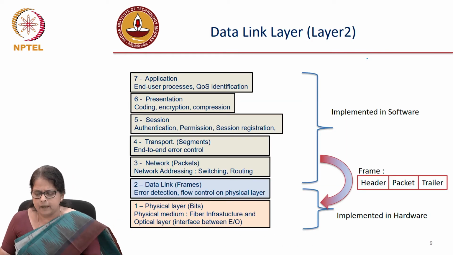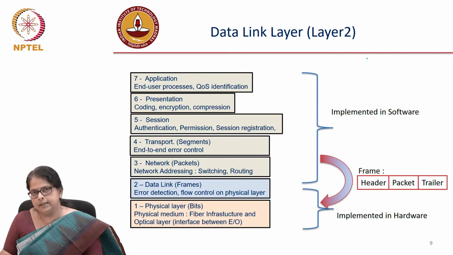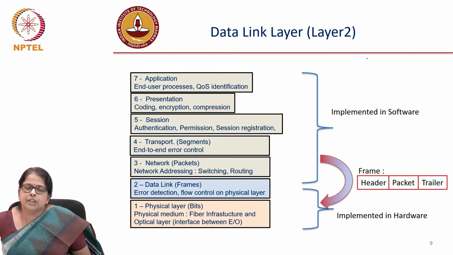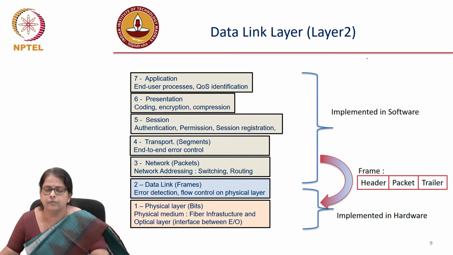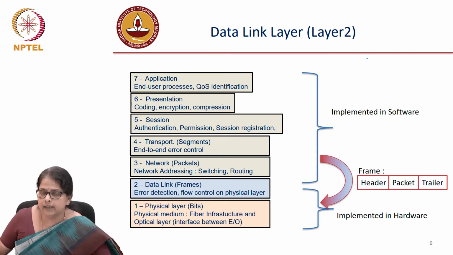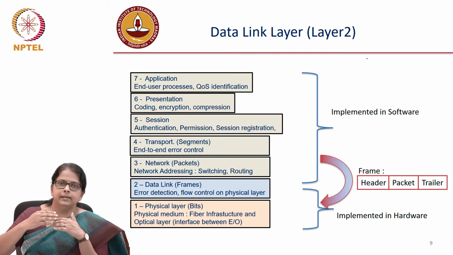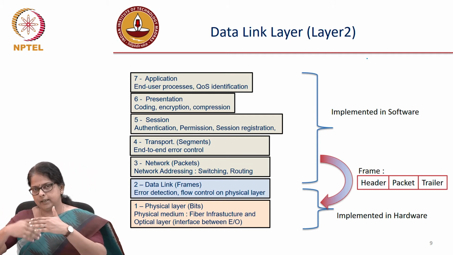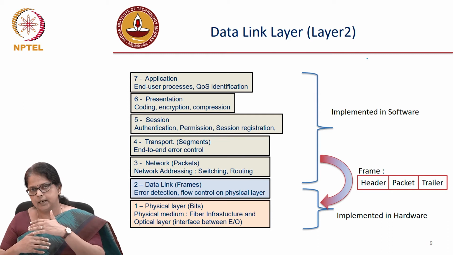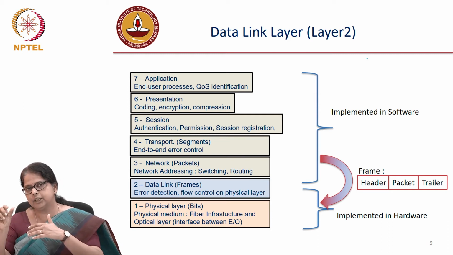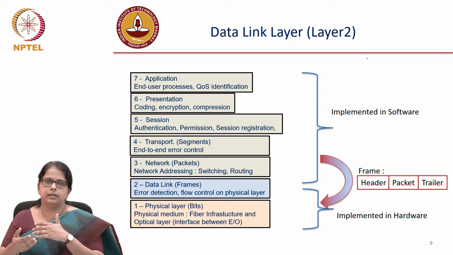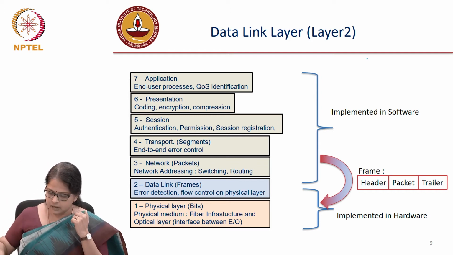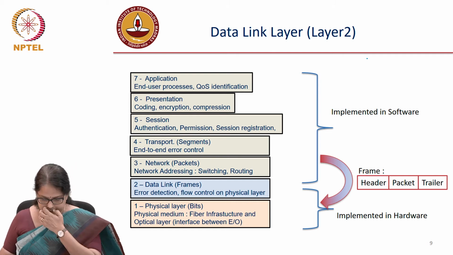Okay. Now, what about the data link layer? Now, the data link layer is the key part which links or which enables the data to be understood by the software, the network management system. And the way it connects to the lower layer is such that it provides bits which need to be encoded in the optical to electrical, in the electrical to optical converters. So what it does is it